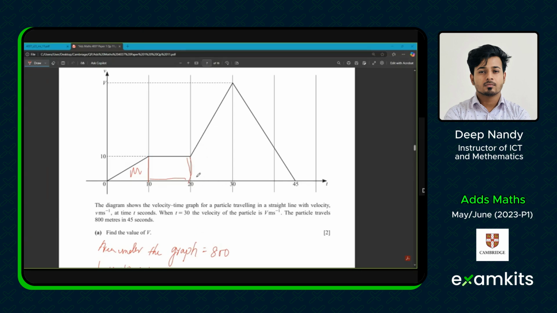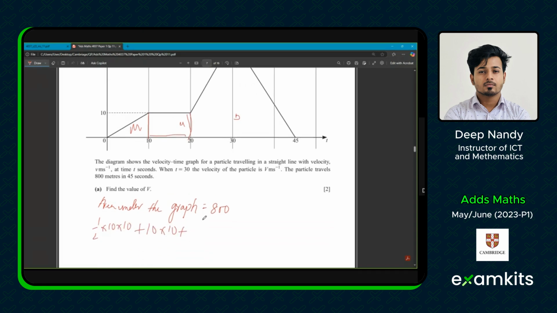So it's half times (10 plus v), as we don't know the velocity, into 10,